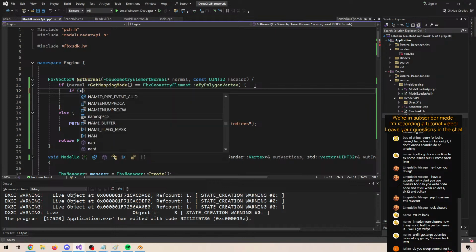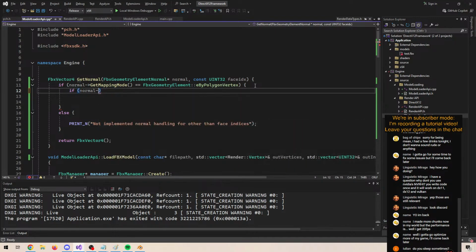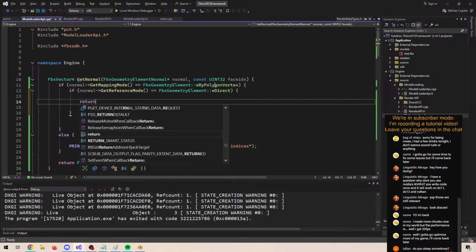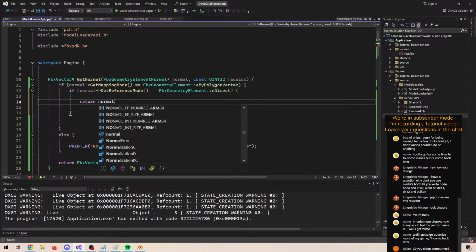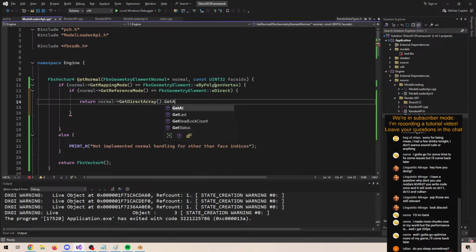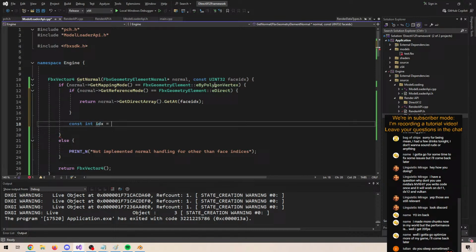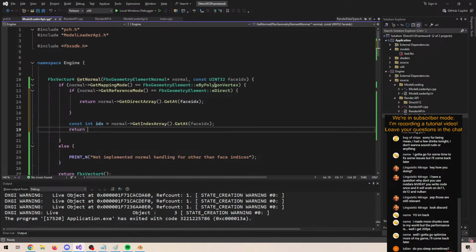Okay. And if the normal reference mode here, get reference mode, is equal to eDirect, we do like this. We simply return the normal get direct array, get at our face index here. Otherwise, we set our const index to be our normal get index array rather. Get at face index,